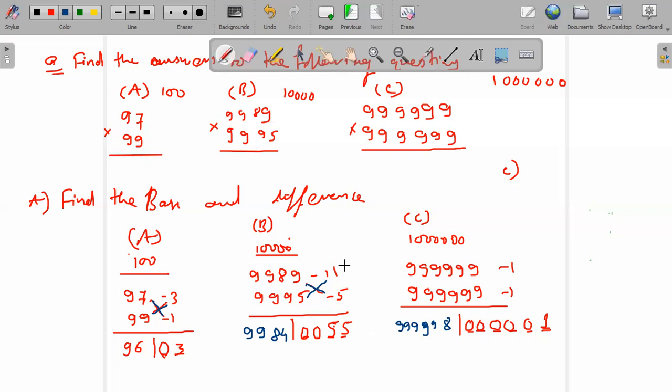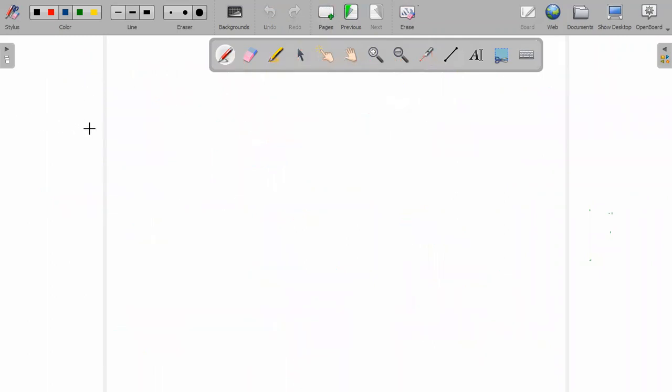And one more observation is there, that all these numbers are below 100. Means in the first example, the numbers are below the base. In the second example also, the numbers are below the base. You can observe this, right? Below the base means they are less than this. Okay. So next, let's have another examples to solve. So multiply. Yes, question.